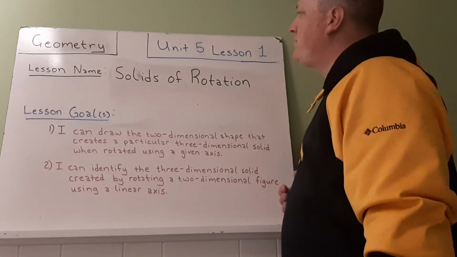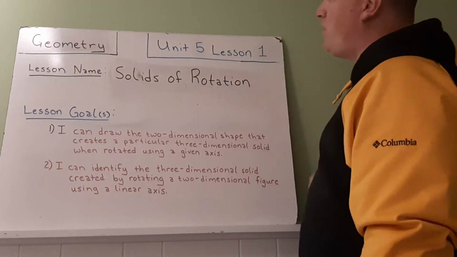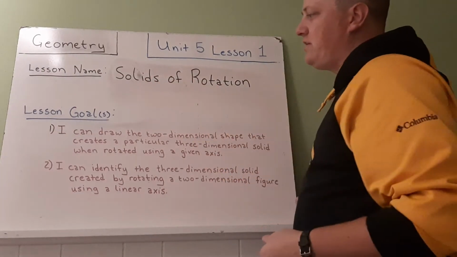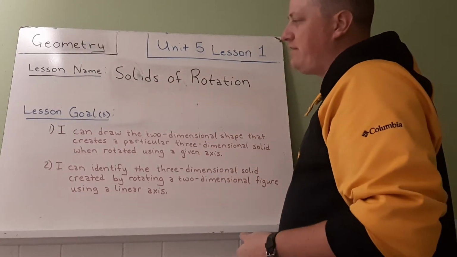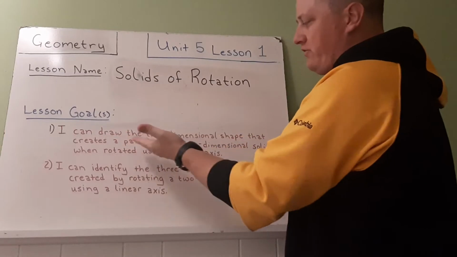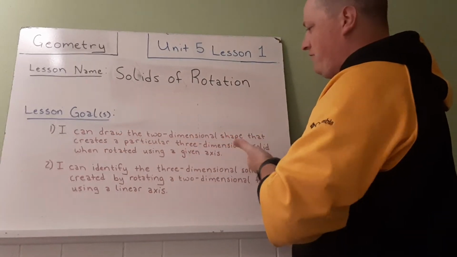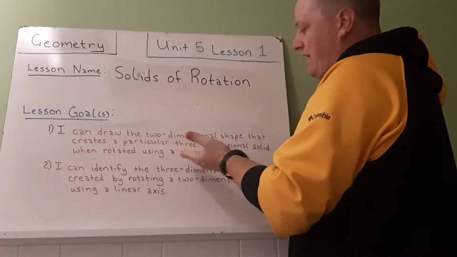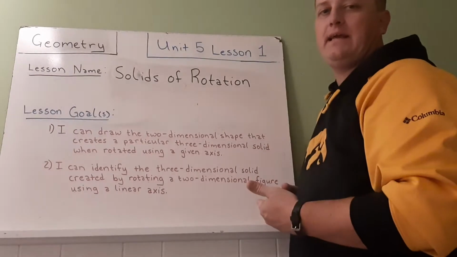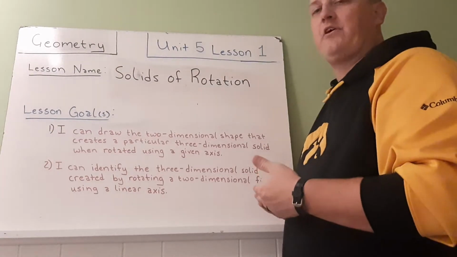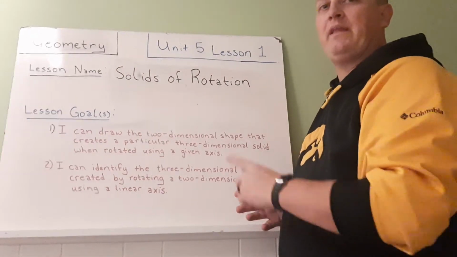All right, geometry students, let's look at Unit 5, Lesson 1, Solids of Rotation. Our goals for this lesson are, I can draw the two-dimensional shape that creates a particular three-dimensional solid when rotated using a given axis. So the idea behind this is, say for example, we have a triangle, and that triangle